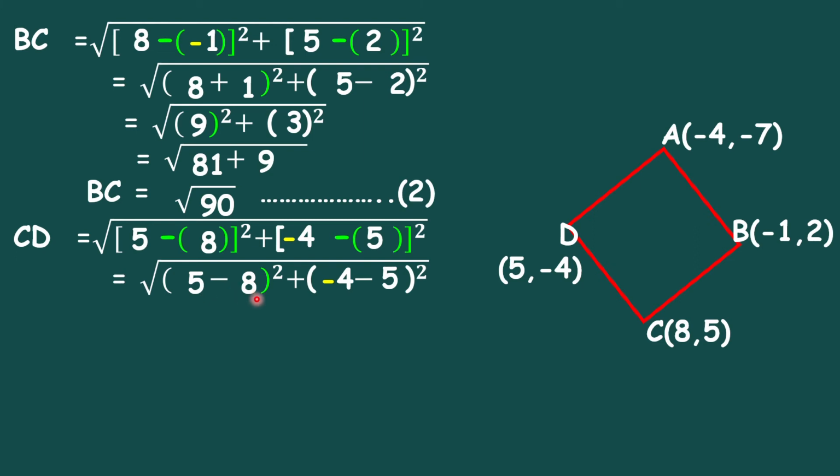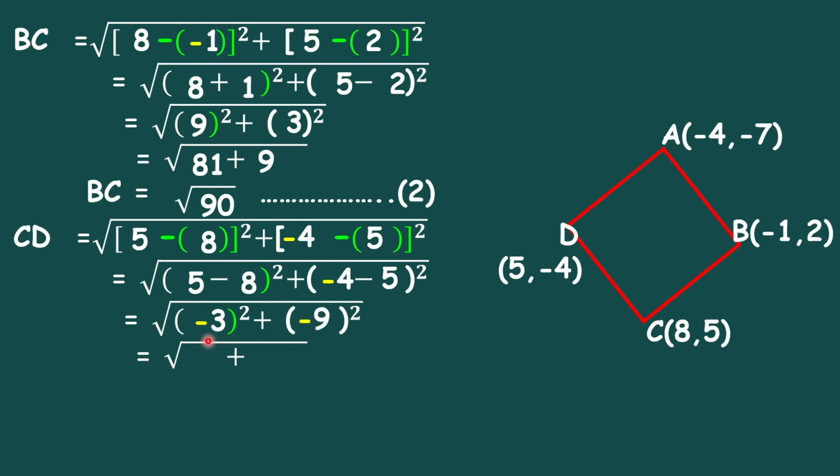In the first bracket 8 and 5 has opposite sign, therefore here 8 is greater than 5, therefore give the sign of 8, and 8 minus 5 is nothing but 3, therefore negative 3, bracket square, plus 4 and 5 has same sign, therefore give the same sign and then take addition. 4 plus 5 is nothing but 9, therefore negative 9, bracket square.